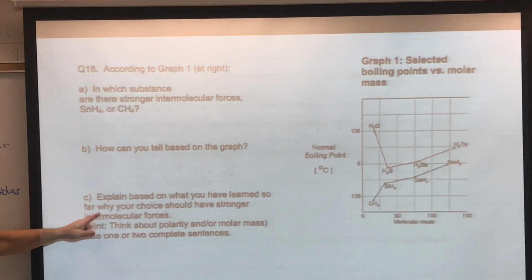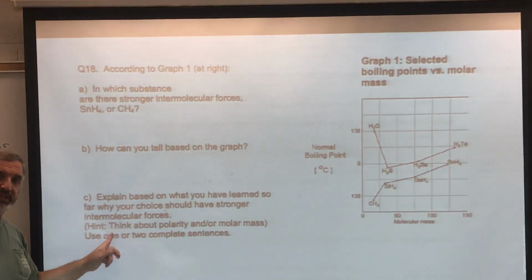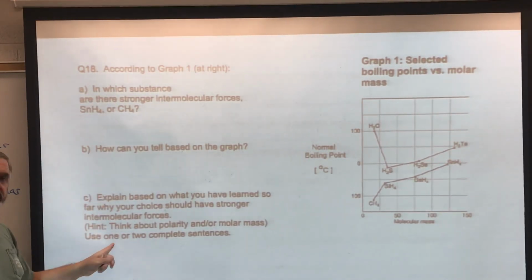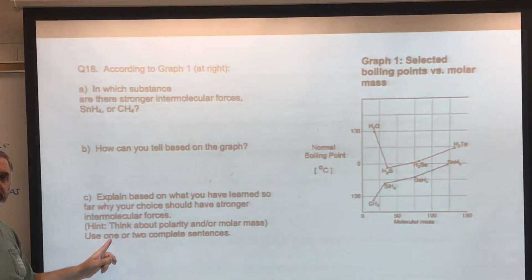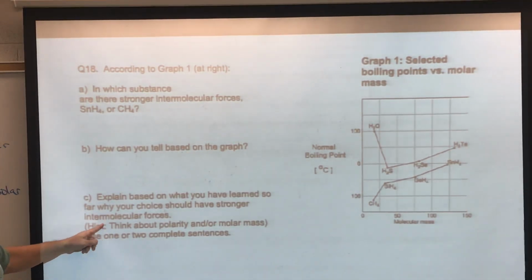So this one has a higher boiling point, and this is a bigger molecule with a bigger electron cloud right here. So that's going to be based on boiling point. This is based upon the size: SnH4 has a larger electron cloud, therefore it's more polarizable, with stronger London forces. Okay?